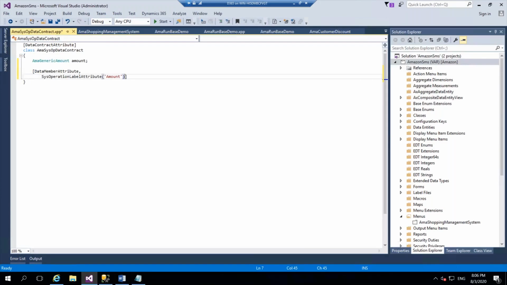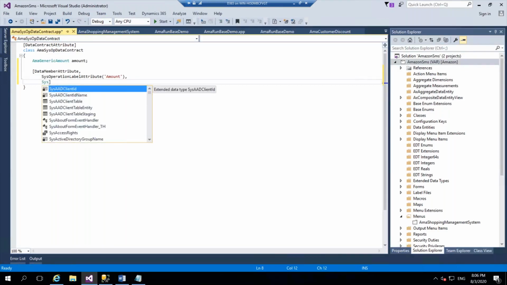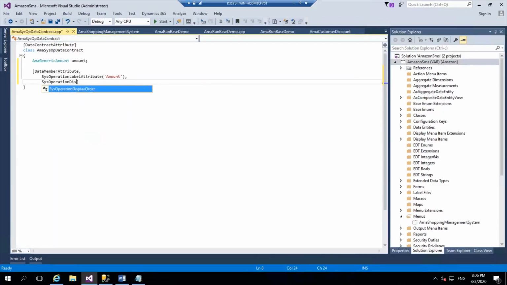And there is one more attribute called display order. If you have multiple members and if you want to display them in order, then we have SysOperationDisplayOrder attribute, and then you can simply say one here,